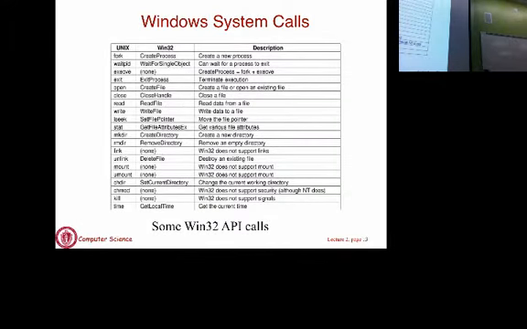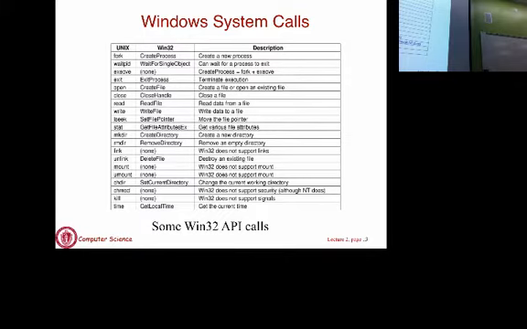Okay, so I was mentioning equivalent calls in Windows. For everything you see in Unix, there is an equivalent call in Windows and any other platform. So you will see that read is called ReadFile. That's the equivalent name of the system call in Win32. For write, there is WriteFile and so on and so forth. For fork, there is CreateProcess. For that exec that we just talked about, CreateProcess in Windows does both of those operations.